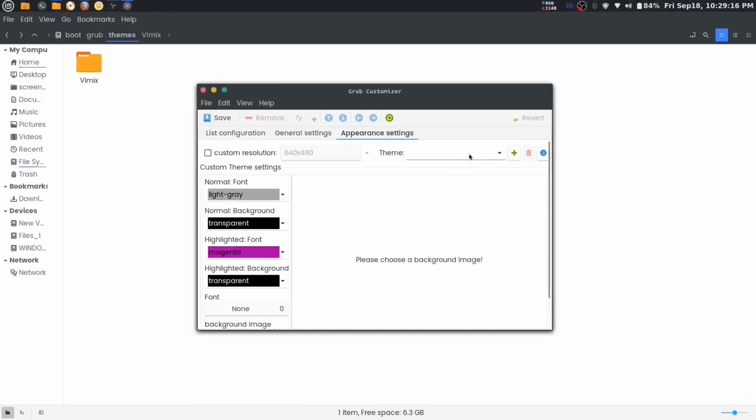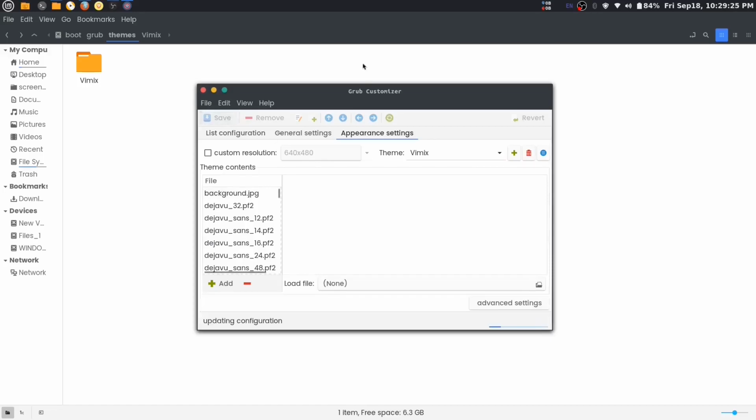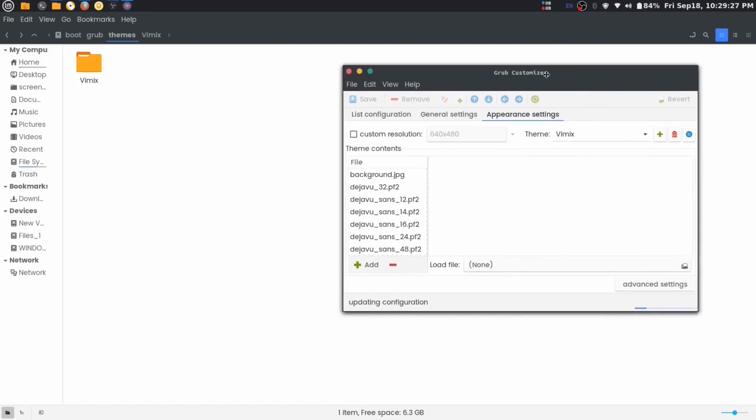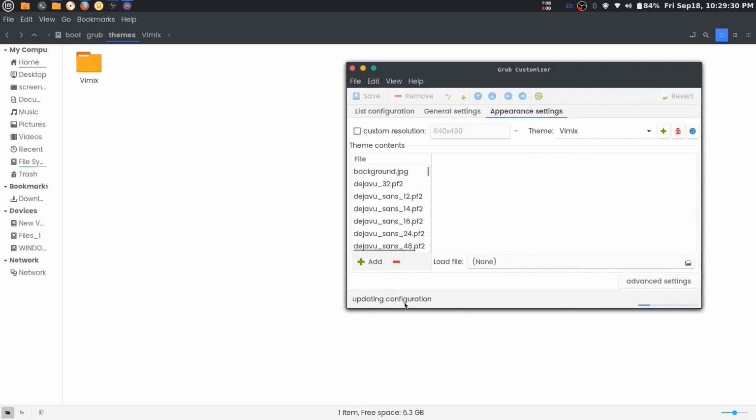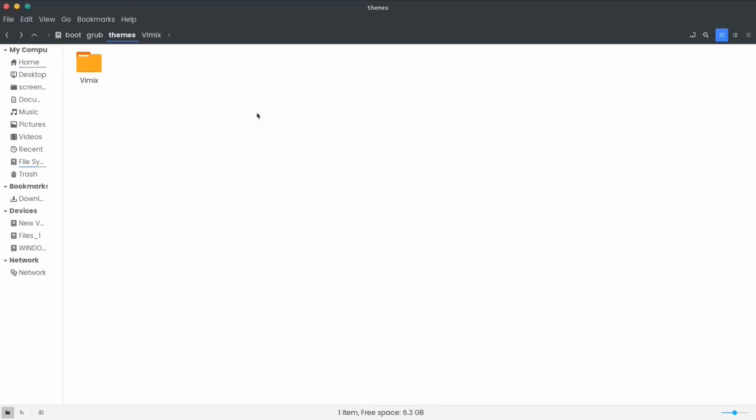Then we need to open our Grub Customizer. In the themes section you will find vimix, select that, and then you just need to save this until it is updating its configuration. Let me tell you that to paste this here you will have to open this as root.